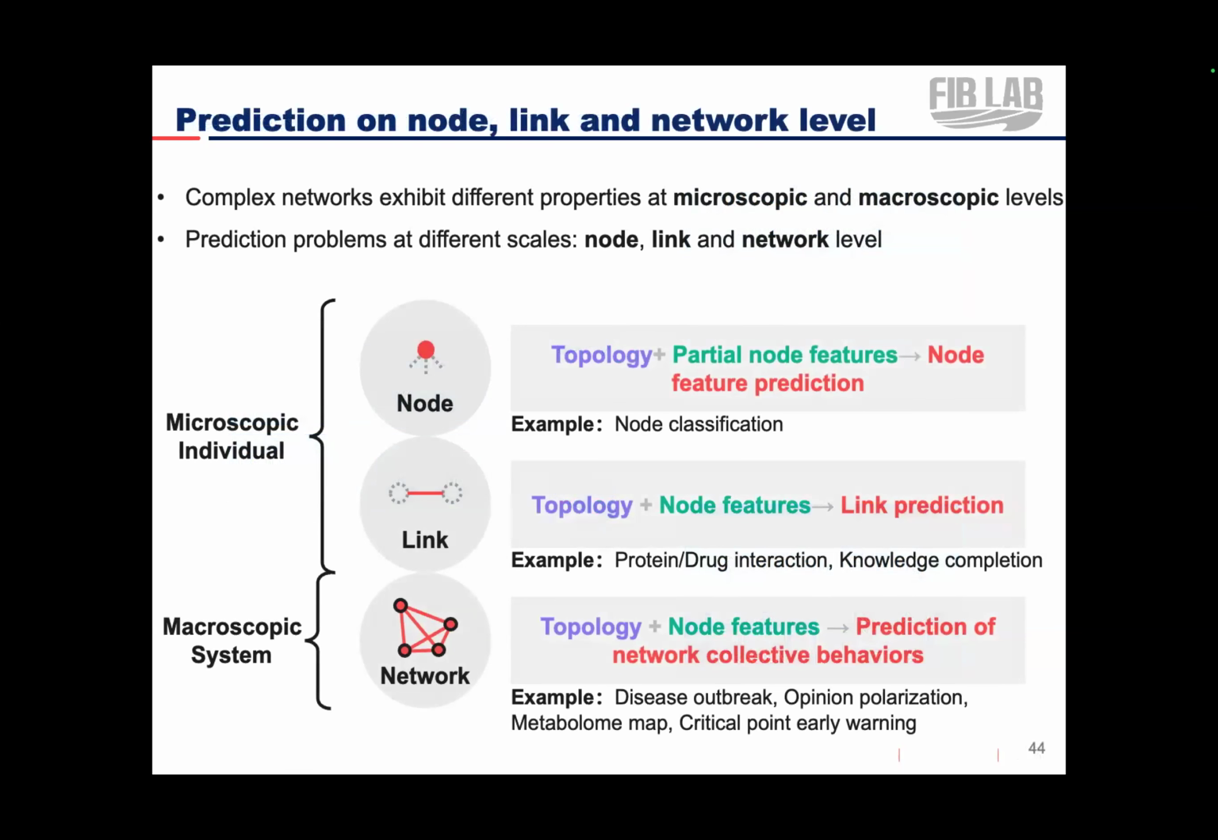So the next topic is the prediction problem. Prediction in complex networks happens at 3 levels. First is the node level, where we predict features like a user's interest. At the link level, we need to find missing interactions like protein interactions, or we want to do knowledge completion. And at the network level, we want to forecast collective behavior such as disease outbreaks, and